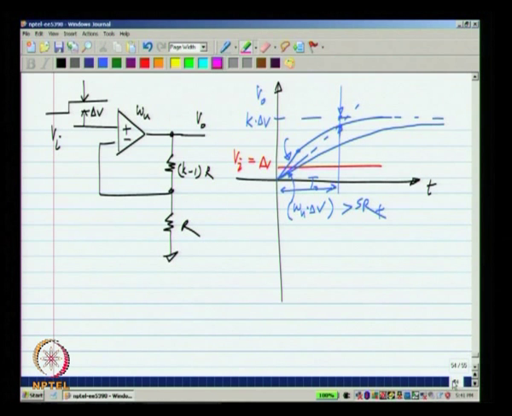Now, in addition to this, we know how the op amp works. It compares the input and the feedback quantity, takes the difference and integrates the difference. Any error in taking the difference means that there will be an error finally, because the input to the integrator must be 0, and we assume that the input to the integrator is exactly this minus that one. If it is not that, if the integrated quantity is not V I minus V naught by k,